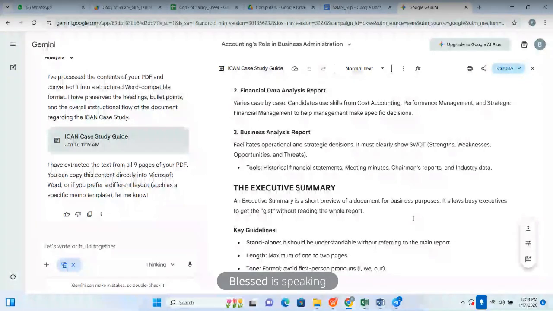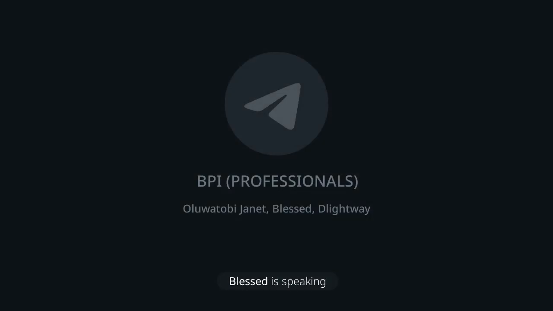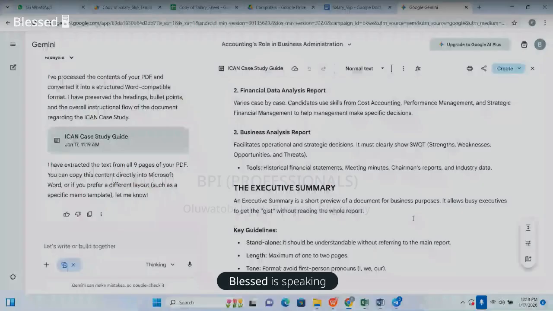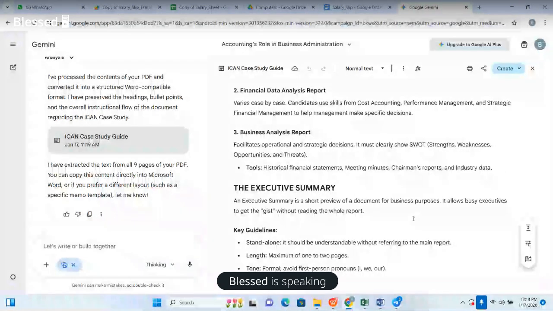Most of the time, what is in your executive summary is still the same thing as what will be in your main report. It's just that in the executive summary, you are giving a summary, not writing it out in full. Now, let's say you have calculated your financial ratios, your profitability, your liquidity, and you now want to report on the ratio. In the summary you just say, the profitability of the company XYZ